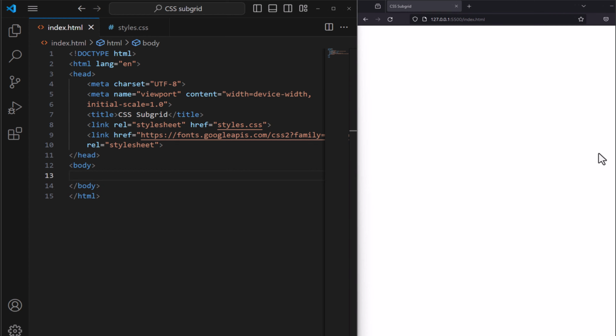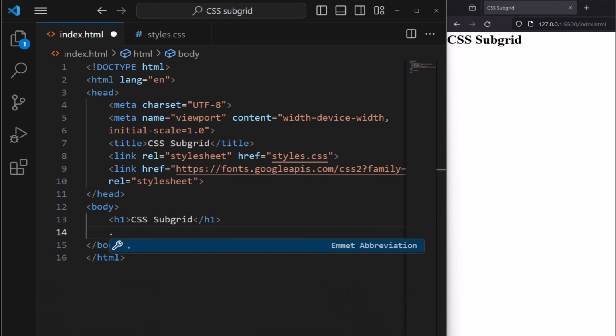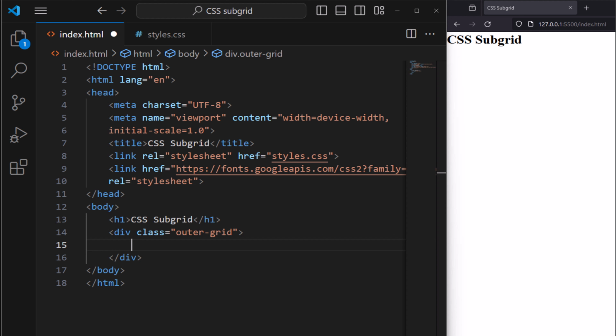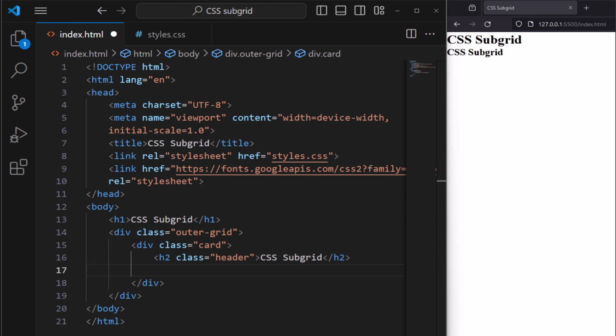Now in the body, let's start with a header for our page. Name it CSS Subgrid. Let's make a class as a container. We name it outer grid, and inside here we need a class. Name it card, and in the class card I want a header h2, class name header. Name it CSS Subgrid as well. And now let's add a paragraph, and for the paragraph I want to make a class as well. The tag is p and class name it content,